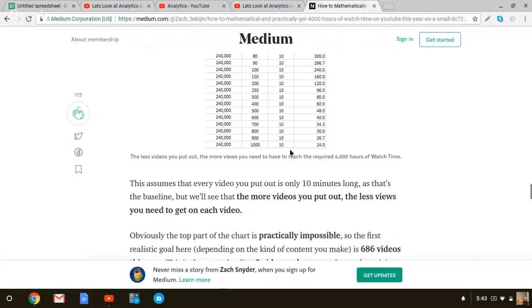I would say that this bottom part of the chart is almost impossible as well, unless you're using paid advertising. Now, if you're using YouTube to drive paid traffic to these views, 24 videos a year is one video every 2 weeks. So if you put the video out and do a good job on it, and then you drive YouTube video ads to that video,